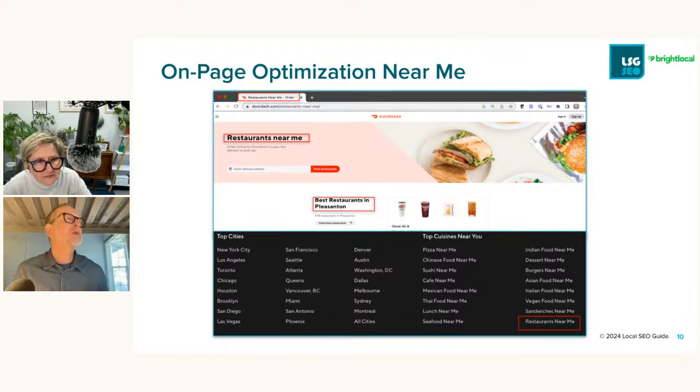And then you want some internal links that say restaurants near me, as you can see these guys put in the footer. Really simple. You can play around with the language. Like, I think most people kind of think it's cringy to see near me in a title tag in the search results. So maybe near you is better. I don't think it really matters too much. But these pages won't 10x your traffic, but they might raise it by 1 or 2% for what is a really simple update to your site.